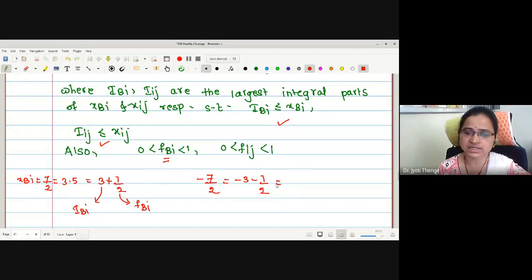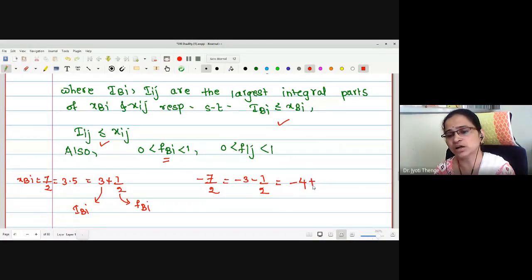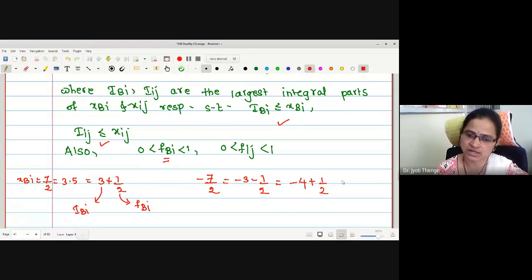We were going to write this as a negative integer, say minus 4 plus... What term should I add or subtract in order to get minus 7.5? Is it half? You may check. Minus 4 into 2, minus 8, plus half is minus 7.5. Therefore, if you have any negative entry, we express that negative entry as a negative integer plus a positive fraction. Though both are correct, we accept this form in order to satisfy the condition that the fractional part of the values lies between 0 and 1.